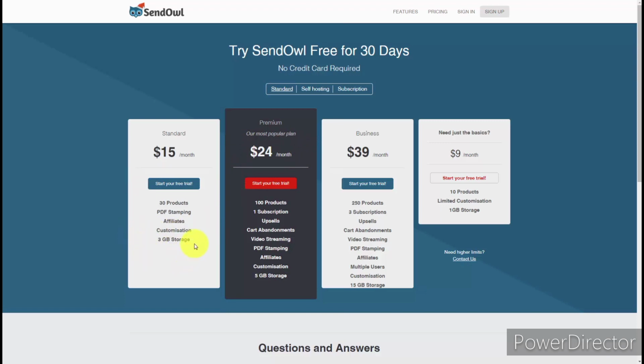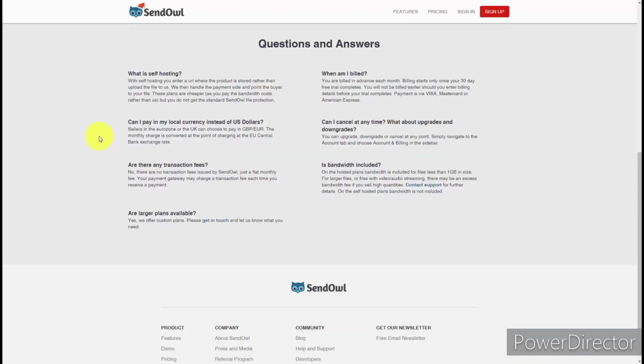Now, the other thing is going to be storage. And once again, if you're going to be storing content off-site, you can start with the standard version. And then after the trial, you can go to the $15 a month plan. The trial is actually going to last for 30 days. So that's how long you'll have to get a product up and running